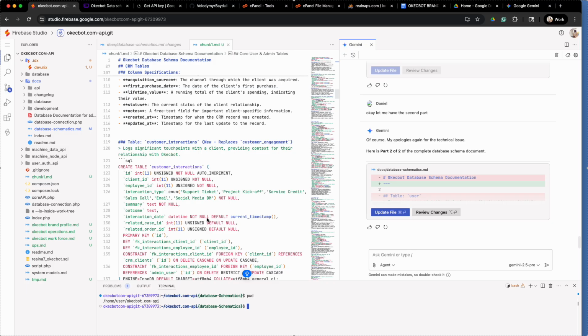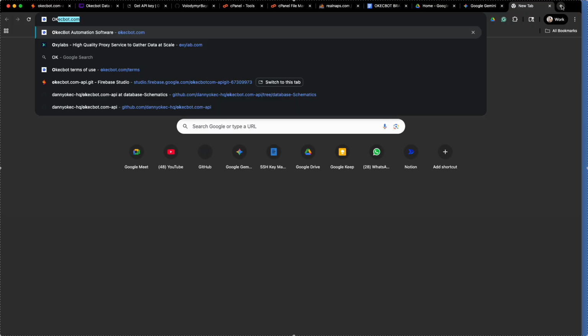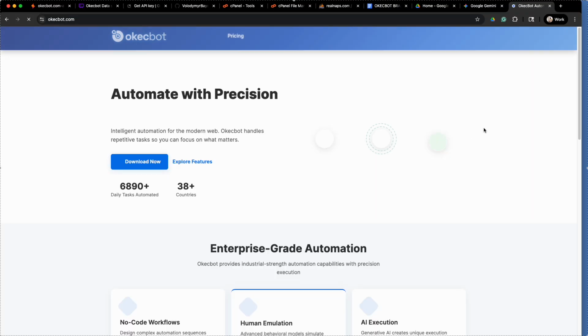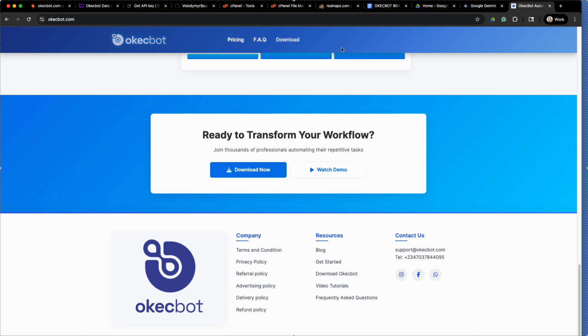Now, should you be interested in any of the available opportunities, I'm going to create a section on Okecbot that's going to be called Career. The career section on Okecbot is going to show you it's not available at the moment, but I'll just create a link around the career. The career link is going to show you the entire workforce system on Okecbot. Should you want to apply to work on any department, on any team, it's going to show you your job requirements, the specifications, and everything you would need.